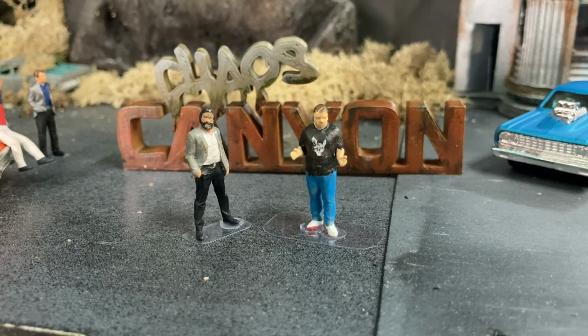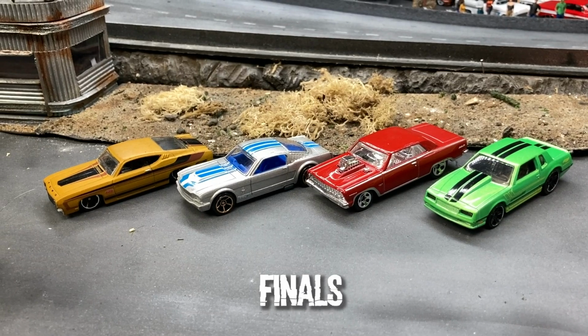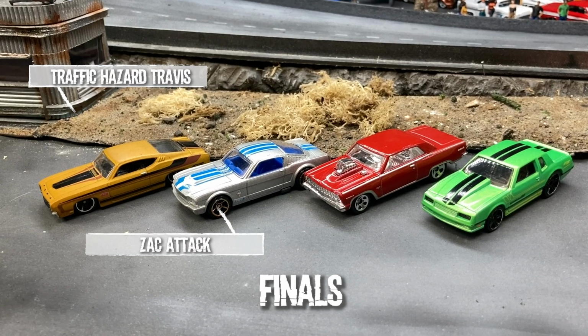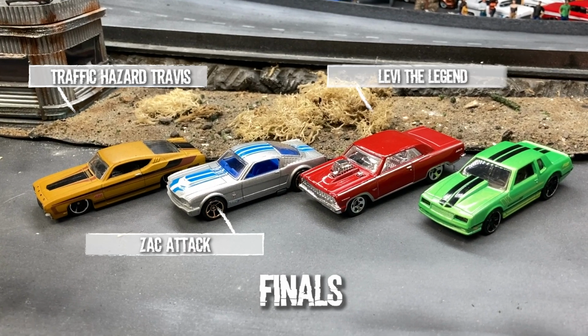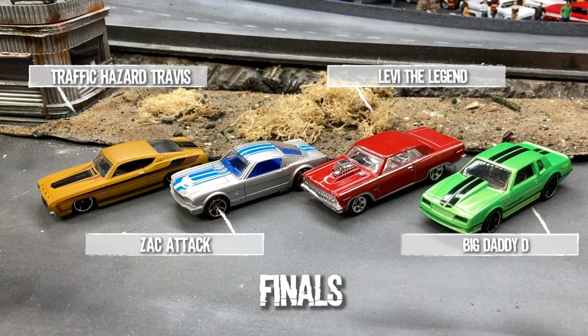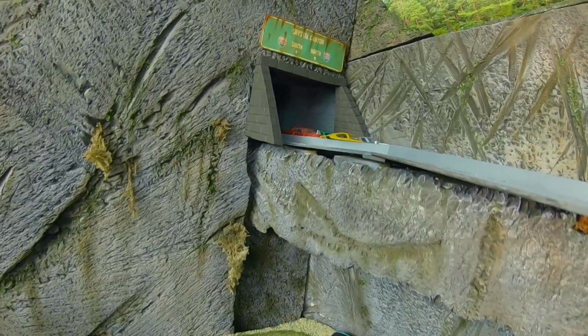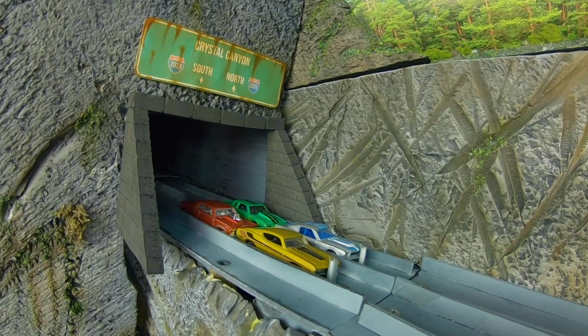Alright, it's finals time. Get hyped, people. Here we go. The drivers have chosen their favourite ride from the winners. Travis had 2 wins, so he got first pick and decided he wanted the Torino. Zack Attack in the Mustang, Levi in the Chevelle, and Big Daddy D didn't get a choice, so he gets the Monte Carlo. So Zack and Travis are going to be pushing hard up the front here,